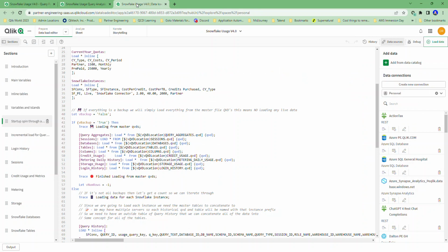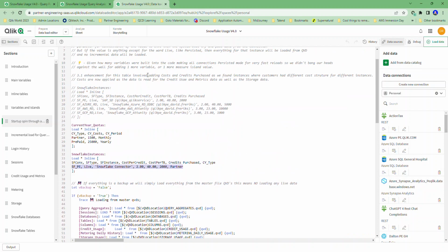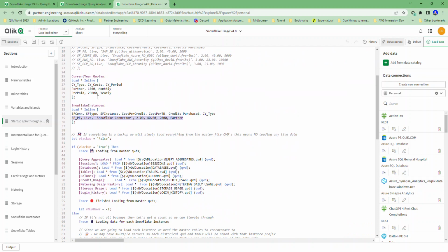I want to show you a little bit about the code to get you an understanding of this. From the high level, there's two types of what I consider to be live or backup things. At my instance level, I can use the word backup, and if you look at the comments, I've got it all commented for you. If I say backup, that means I do not want to read anything new from that instance. So there were cases where I just needed to get some other instances once, but we don't really